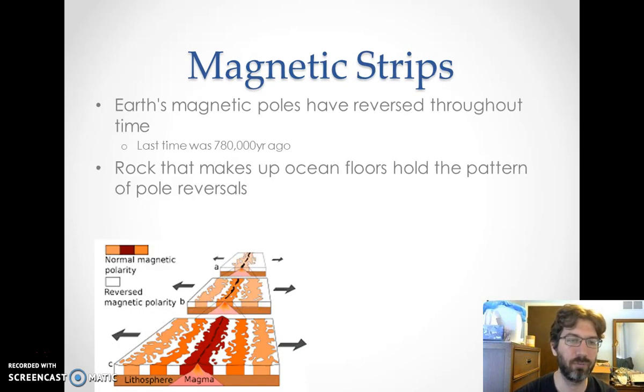Magnetic strip lines are really interesting. Remember, our Earth does act like a giant magnet. It does have a North Pole and a South Pole. One unexplained phenomenon that we still have in the science world is the fact that our Earth's poles change randomly. They have not changed in more than 780,000 years, but they do change, and we have evidence of this change because the iron and magnetic rocks